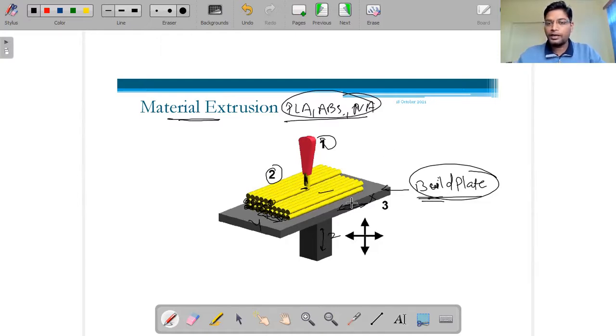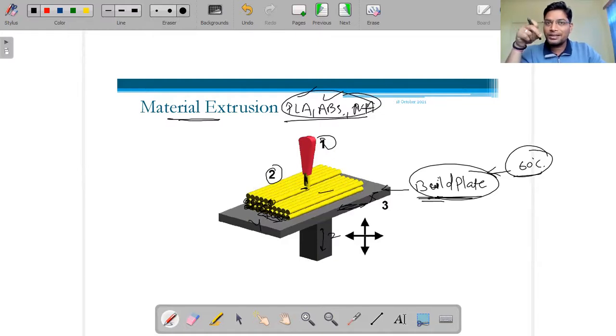Support means a build-up plate, another material like a metal build-up plate can also be provided, but the specialty of this build-up plate is that it can be heated up to 60 or 70 degrees, depending on the material we are using. Because as the material comes and fuses, if there is no temperature rise, then it will not stick to the surface.